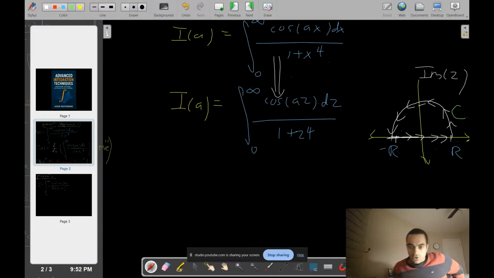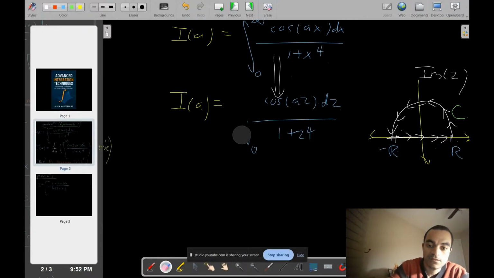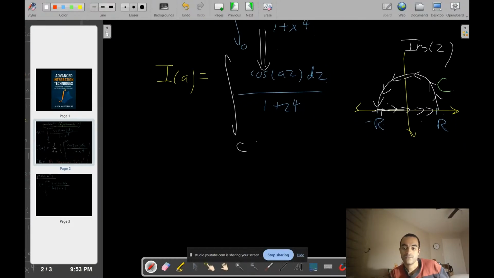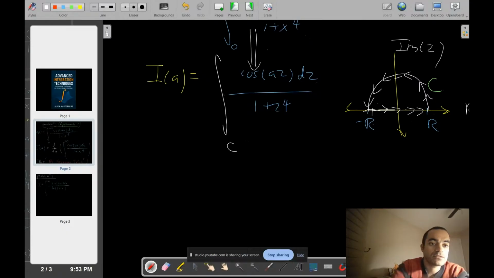All right. So the way we're going to be able to integrate this, to be accurate, since we're on C, I'm integrating over C. That's the correct notation. I made a mistake there. I'm integrating over the contour of our function cosine of az, dz all over 1 plus z to the 4. Now, what I can do here is